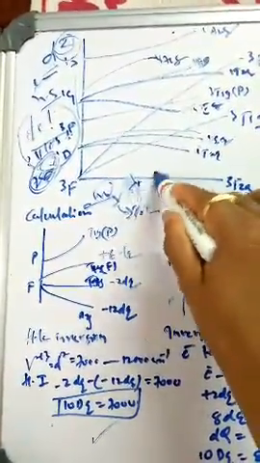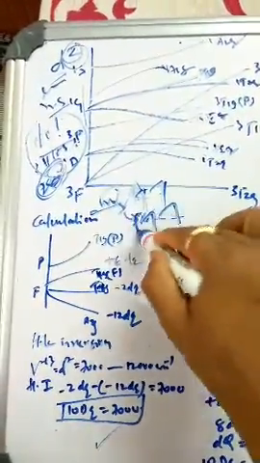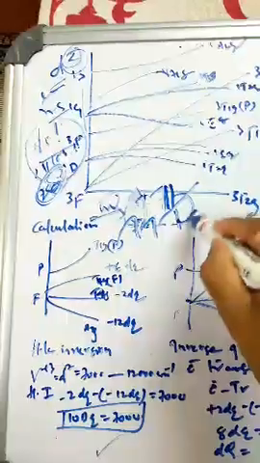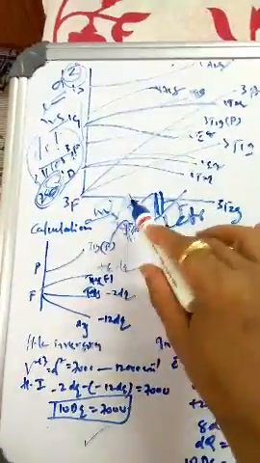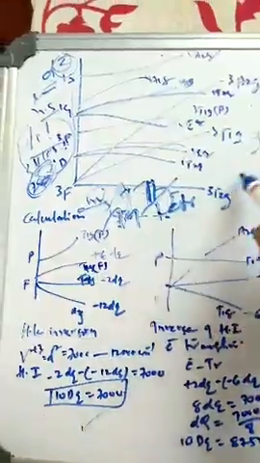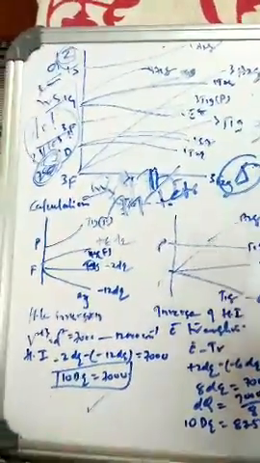That means if it is like this, and here also three in this way, then one electron will go and transit here. So this is called electron transition. So there are two types of mechanisms: hole inversion and electron transition. Then how do we calculate the delta value, the splitting?